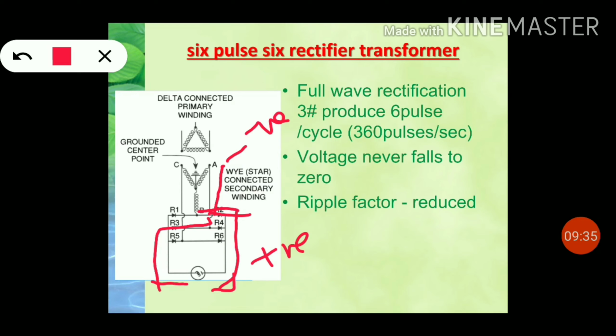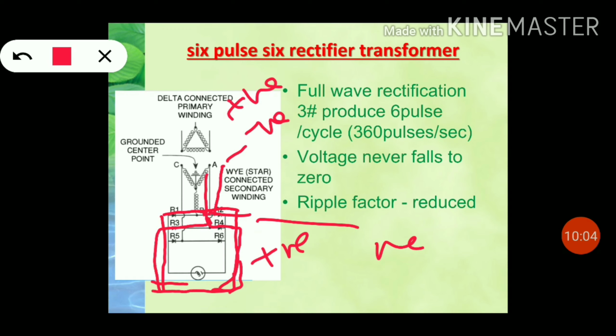So now what will happen? B is negative with respect to A. Now B is negative and A is positive. So what will happen during this cycle? Electrons will flow from B through R1, then go to the tube target, and from R4 again it will go to A. Okay, then it will go to A.